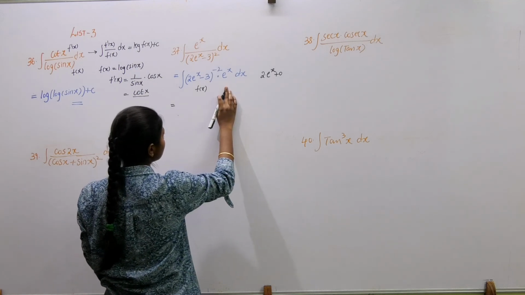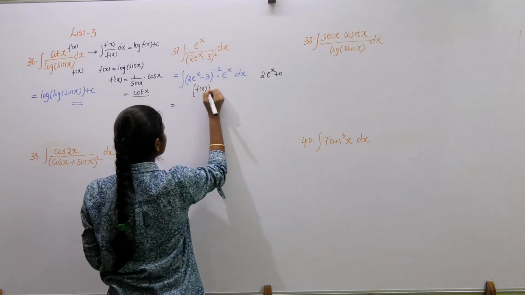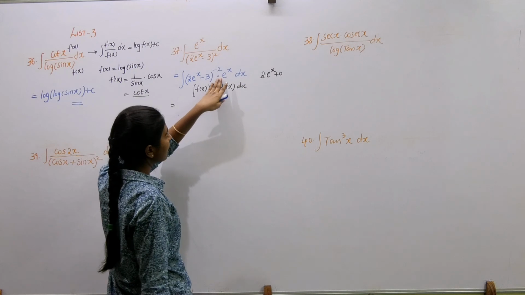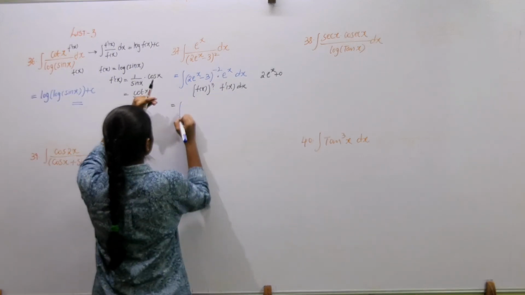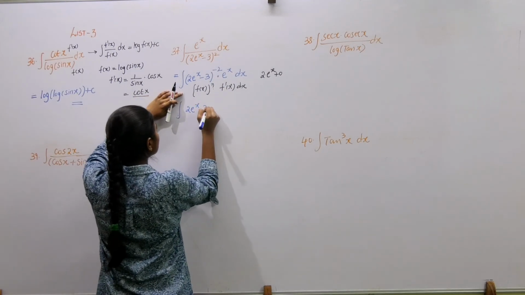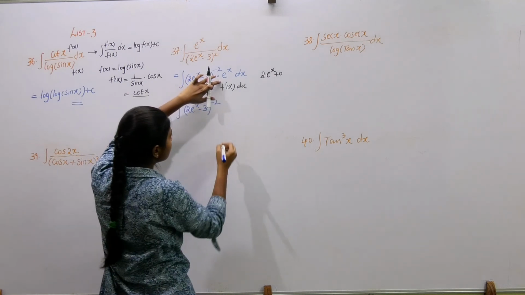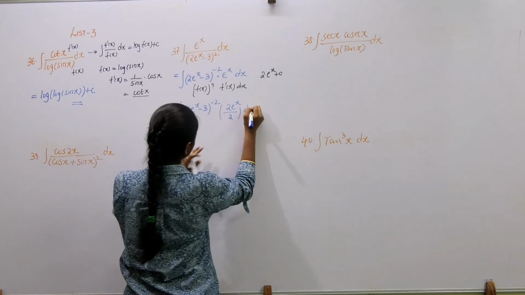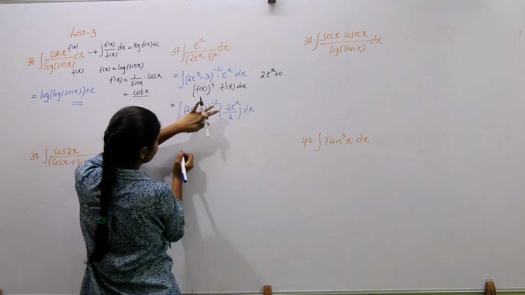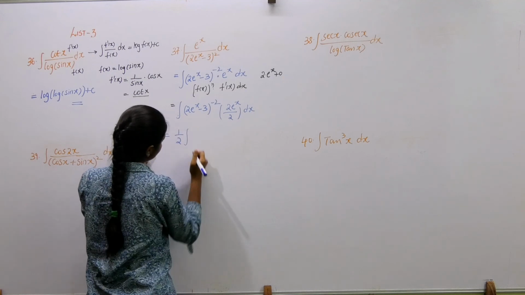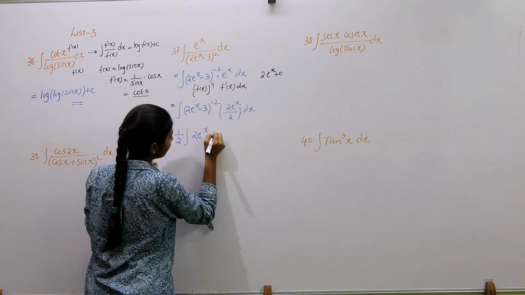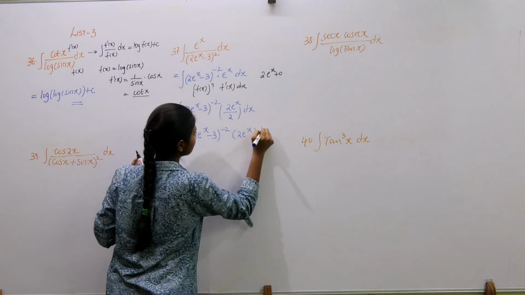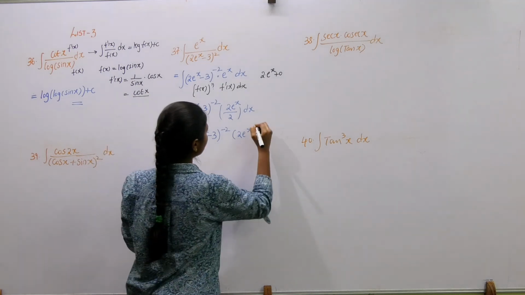When we adjust 2 here, this will be in the form of integral f of x whole power n into f dash of x dx. So, to have 2 e power x here, let me write 2 e power x by 2 dx. Now, this 1 by 2 is a constant. Take it out of the integration. We have 2 e power x minus 3 whole power minus 2 into 2 e power x dx. This is in the form of